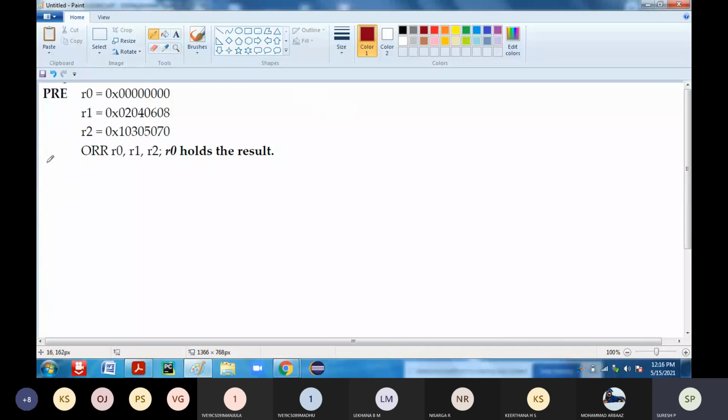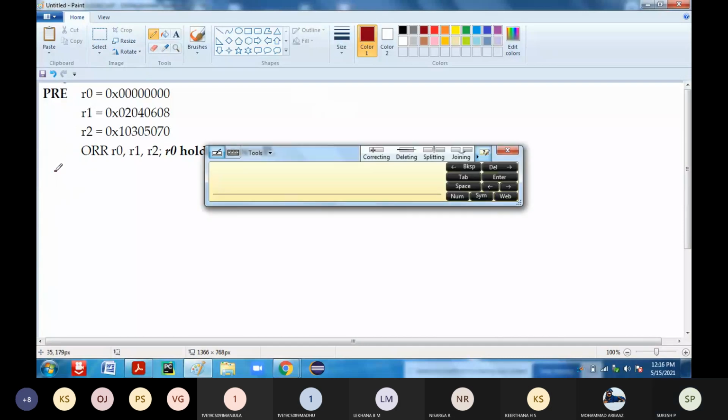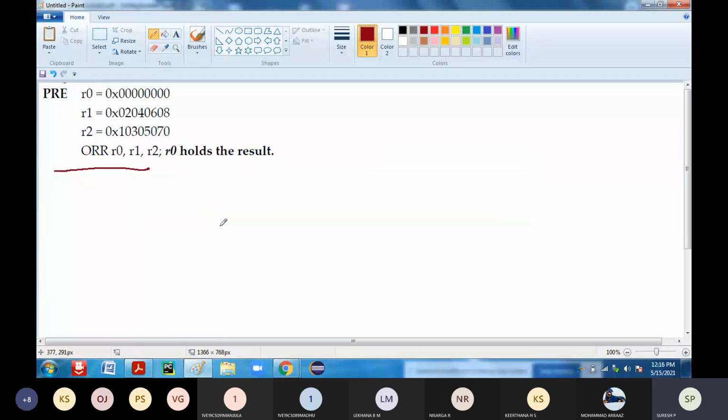Just make a note of this. Now what operation am I performing? I am performing OR with respect to R0, R1, R2. R1 is your source register and R2 is your source register.